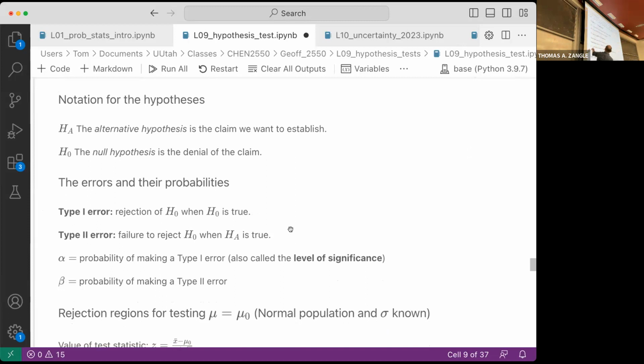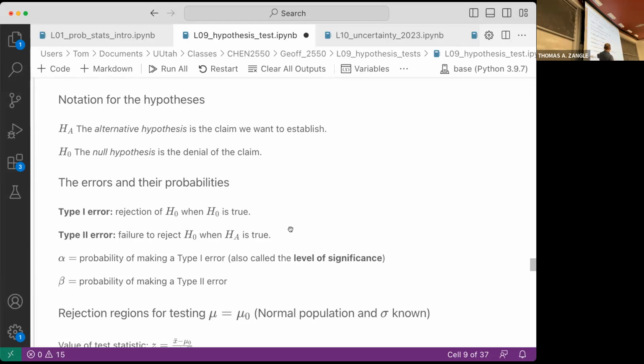This is also called alpha. It's actually why it's alpha, because it's a type 1 error. So alpha is the probability of making a type 1 error. It's also called the level of significance. So again, if our alpha is 0.05, which is often the level of significance that we choose, then we have